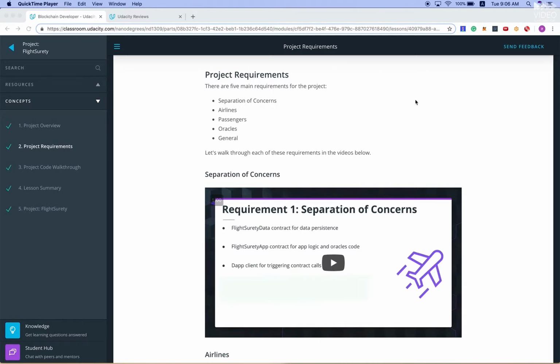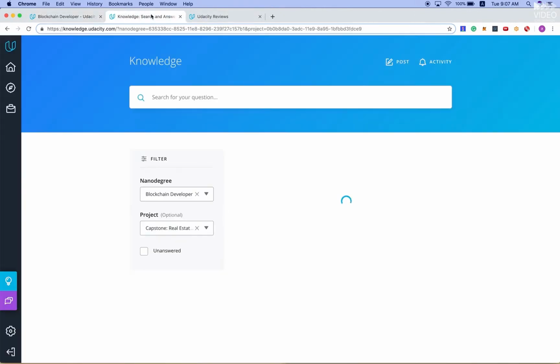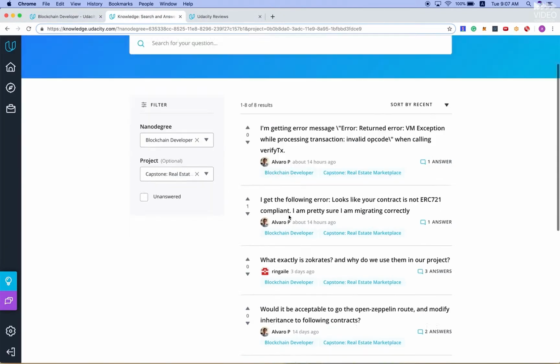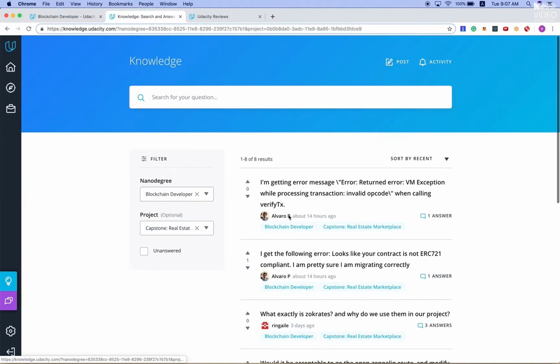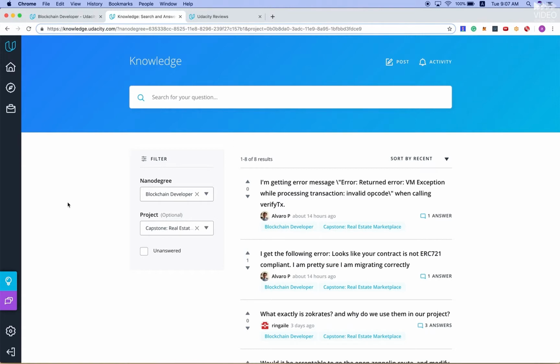So guys, before I start, I want to tell you a little bit about two important resources that we're going to have. If you have any questions regarding this project, please use the knowledge page. It is a really good tool to search for common questions related to the project, so please look in there for questions that you have, and also if you have a question, please put it there. It is a really helpful tool.